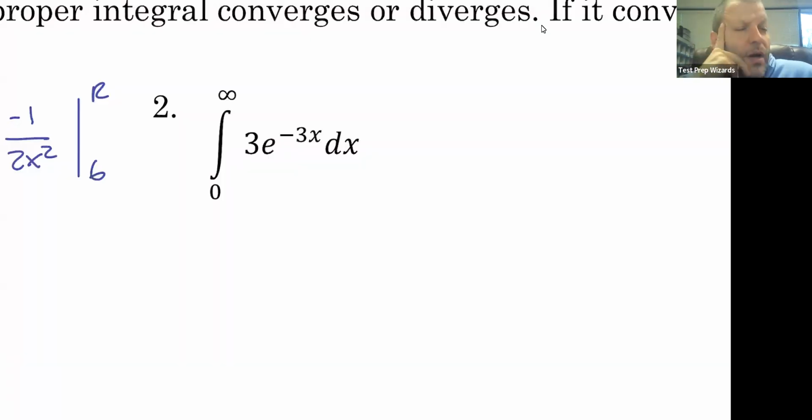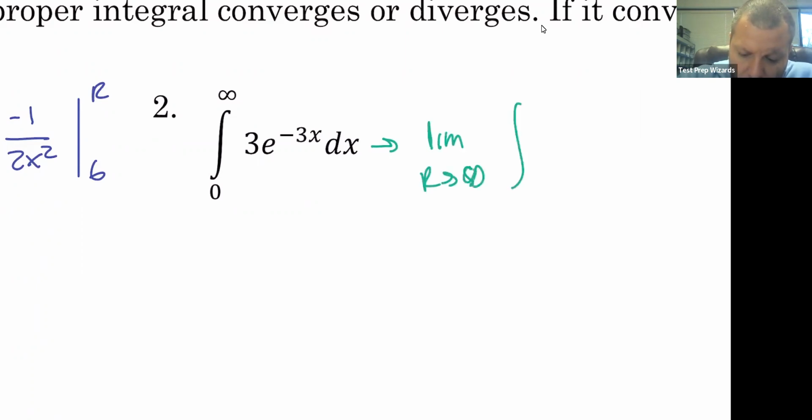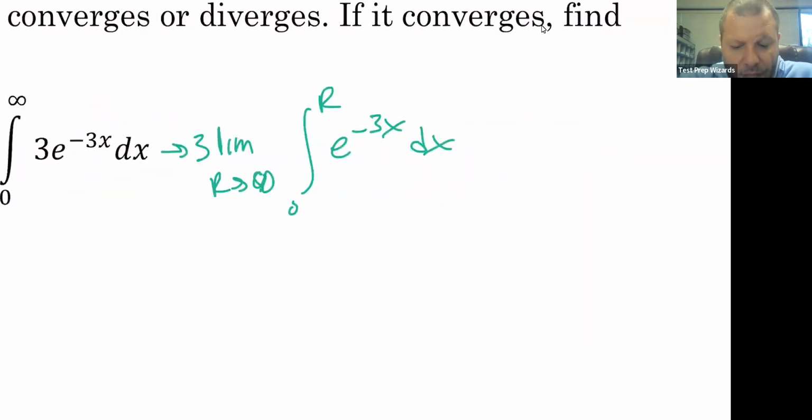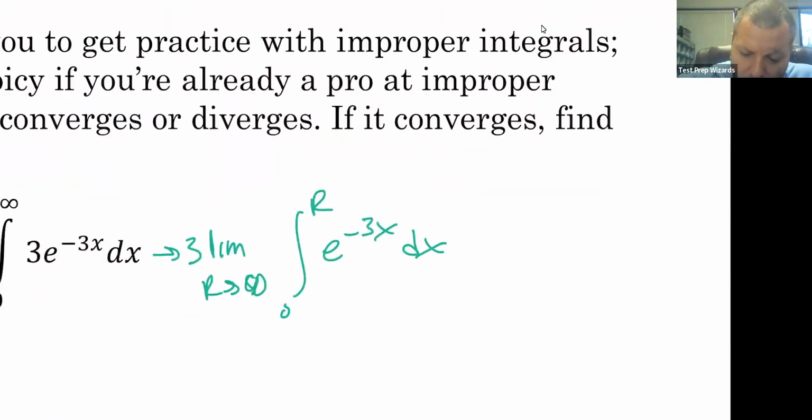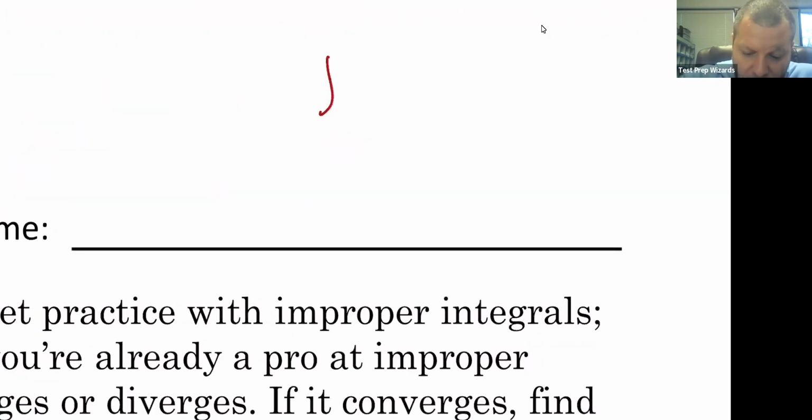In question two, we have another improper integral. Again, we're thinking of this the same way as we would the previous one. If you watched that video, we're taking the limit as r approaches infinity of the integral from 0 to r. I'm going to pull this 3 all the way out front because who cares about that 3? Negative 3x dx. From here, just in case you're not great at your exponential integrals, if I have e to